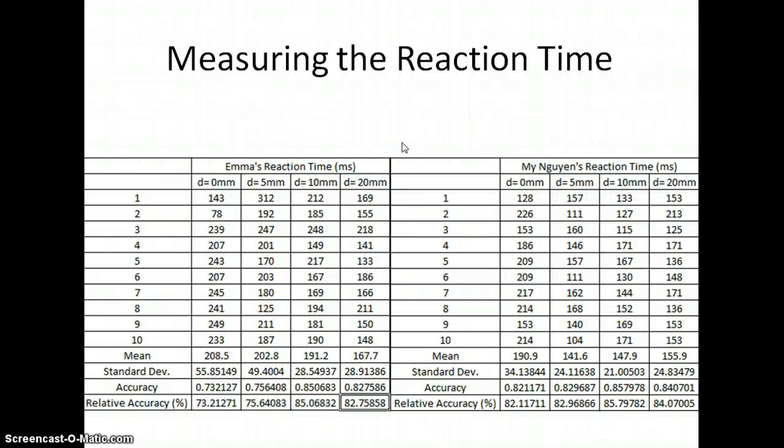Okay, so this is the detailed data that I got from 5 different subjects, measuring their reaction time using the RT time script that I made. The first subject, Emma, here's her data. All of her reaction time is measured in milliseconds. By using the first script, which is D equals 0 millimeter, I got her reaction time right here, the first column,